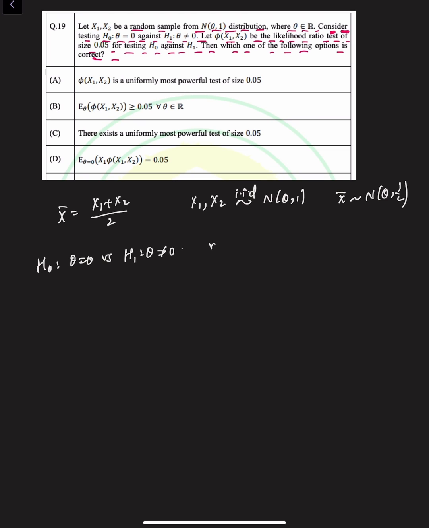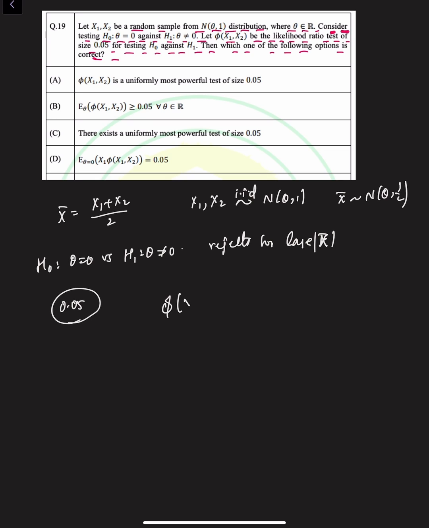So if we consider this x bar, which is (x1 + x2)/2. Since x1, x2 follow IID normal(theta, 1), x bar follows normal(theta, 1/2). So if we consider the likelihood ratio test for H0: theta = 0 versus H1: theta not equal to 0, this rejects for large |x bar|. So the LRT of size 0.05